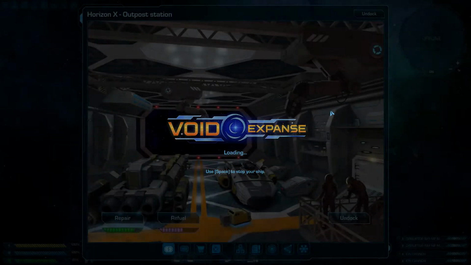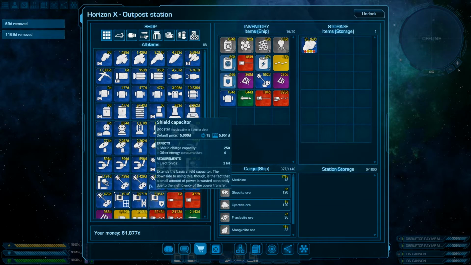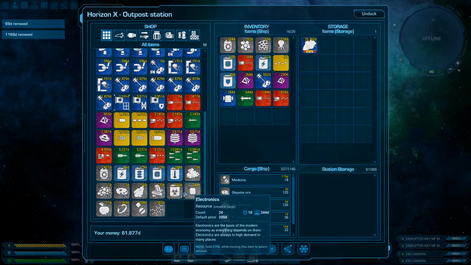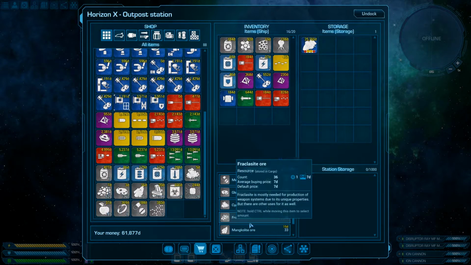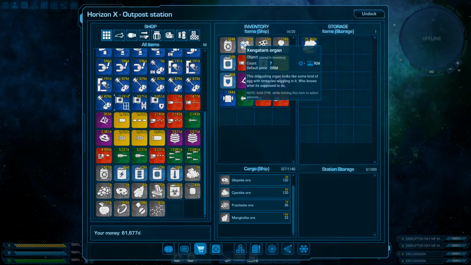You can trade by trying to find a nice little trade route. Obviously, there are many goods, as you can see here. There are different types of ores you can mine or just buy. There are other materials like biomaterial, electronics, food, luxuries, medicine, and polymers. And that's mostly it. There are a couple other things like these organs from the aliens, which you can sell